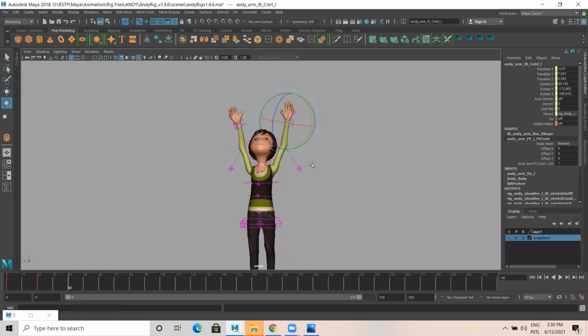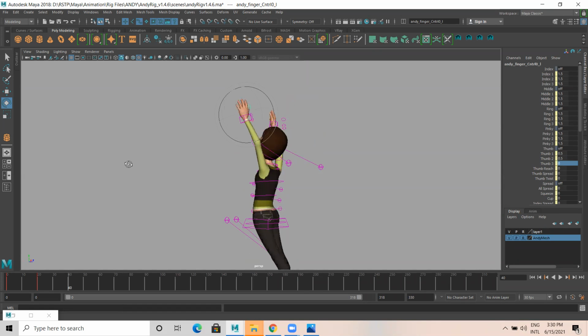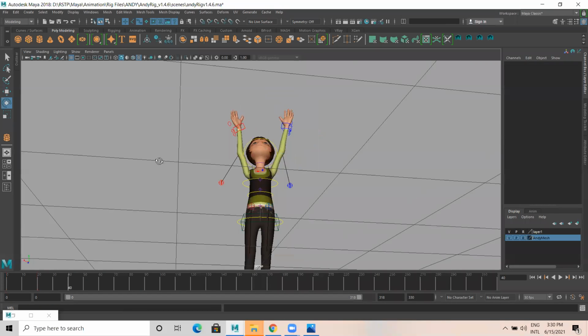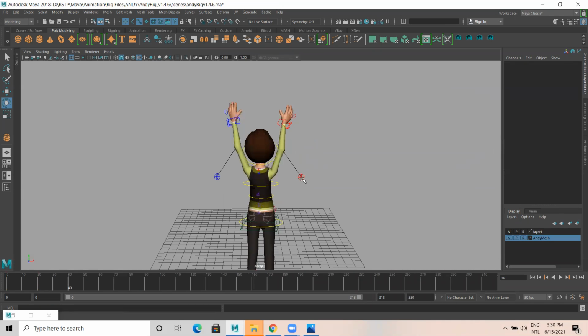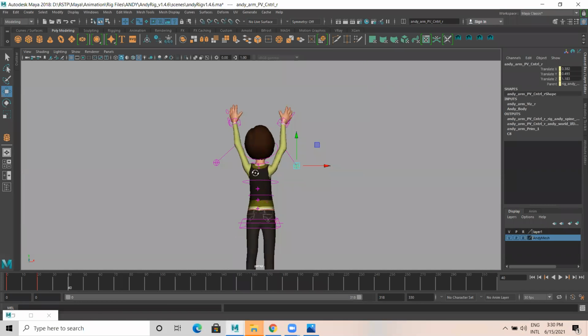I think thumb I need to work. I select this. Thumb 1, 2, 3, 0. Okay. Like this. I think it's fine. I'm selecting this again. It's okay.